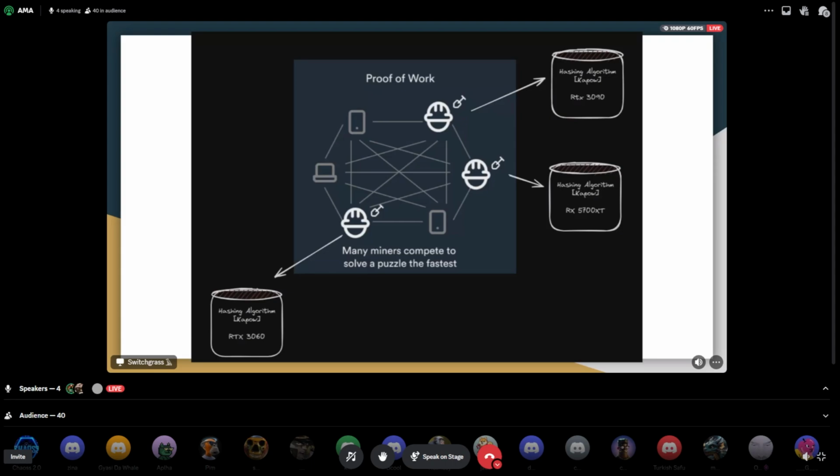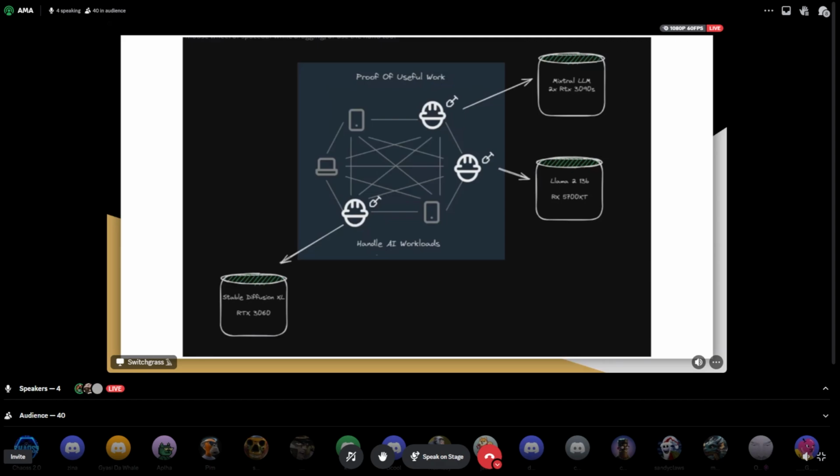Yeah, so I can answer that. Hey guys, you might know me from the webinars. Basically, this diagram shows a simplification of the current proof of work algorithm, where there's a bunch of miners and each of them is running a compile hashing algorithm. This can be on different GPUs, whether it's an RX 5700 XT or an RTX 3090. However, there's a slight change in what we're trying to do with the proof of useful work. If you just go to the next slide,